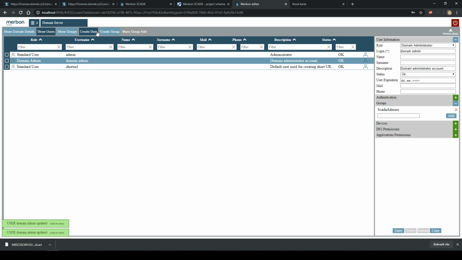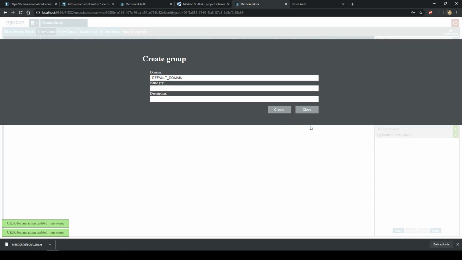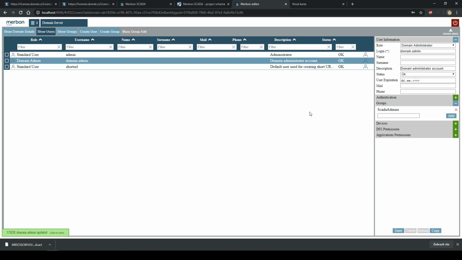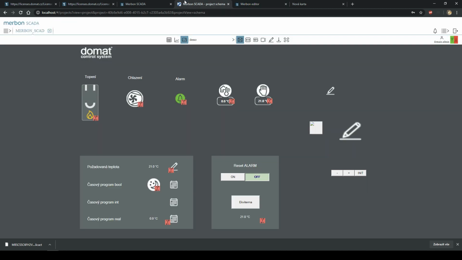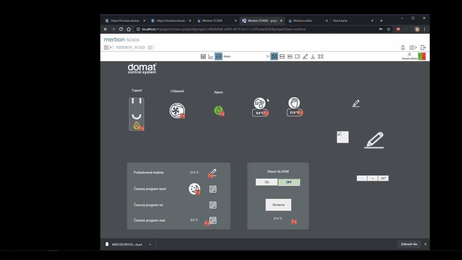Yes, you can create a user here like this, and a group like this. But about the user policy I will talk more in the next video. Right now we have a project here, export it, and I'll just make sure that the communication is